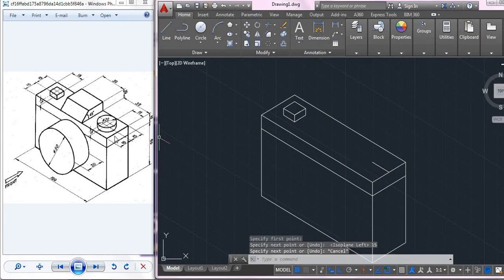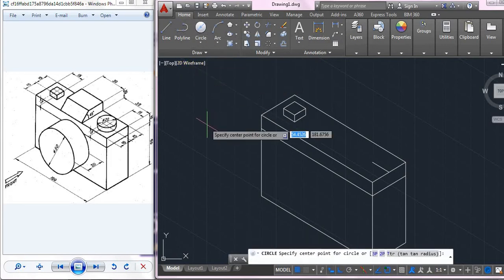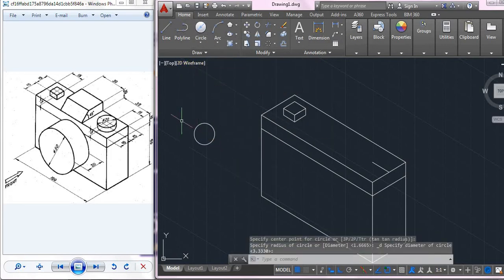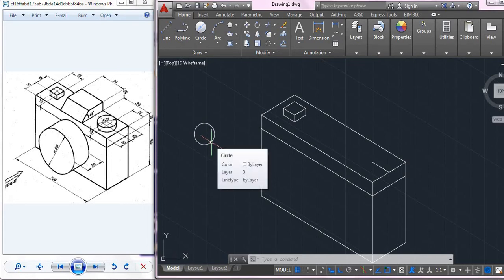And here, in order to draw this circle, if I take a circle like this and I try to draw, you can see that my circle is in a rectangular line. But here, you can match these circles. They both are not the same. This is aligned to a 30-degree angle, but this is not aligned. So in isometric style, we cannot use a normal circle. So we will go for an ellipse.